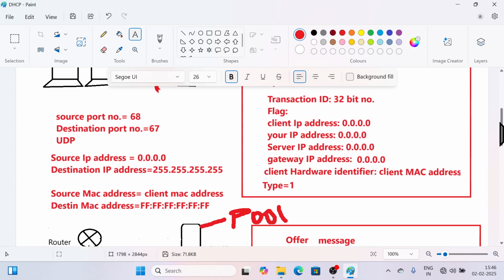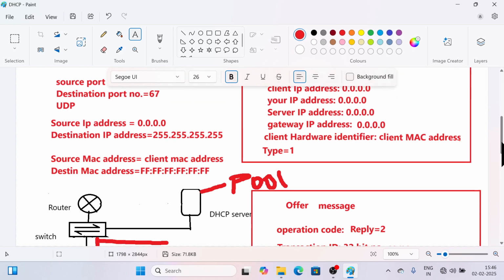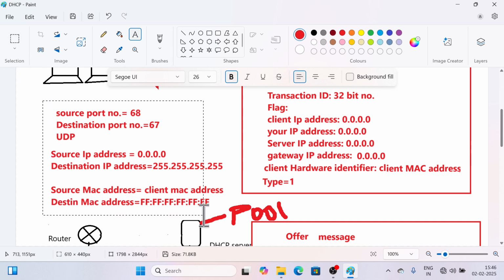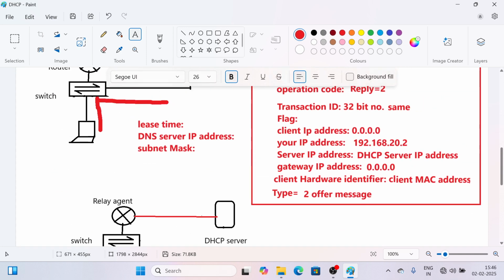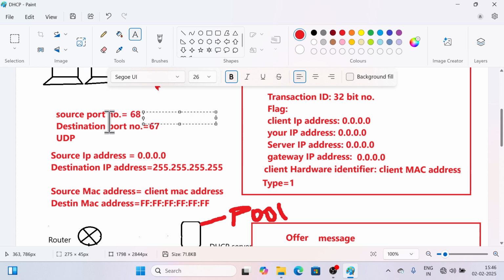Now again, consider this as an offer message. To save time, consider this is an offer message. Here, this offer message is encapsulated with the source port number. The source port number, what is the